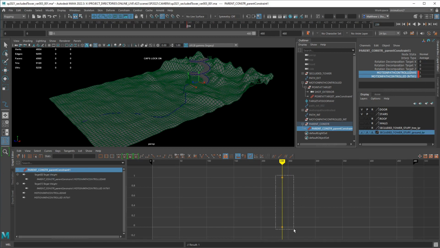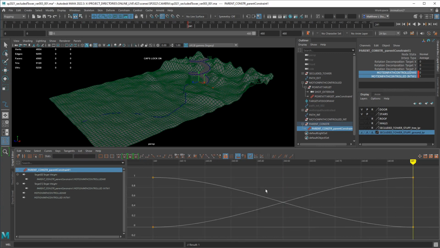Great. So now we can see the keys. And I suppose we could do that at frame 240. You know what? Let's just move that forward a frame. So select both of those. 240, right up to the end. All right. Now at frame 241, we're going to switch the weight, 0, 1, select both channels, right click, choose key selected, and now you can see how it crisscrosses. 0 becomes 1, 1 becomes 0,